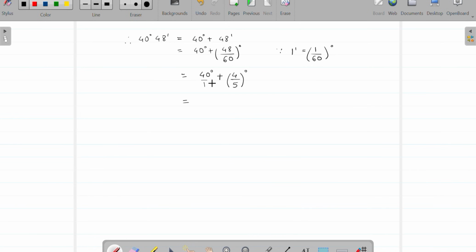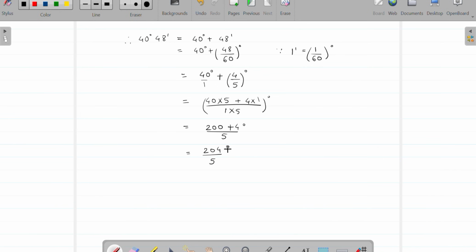Then cross multiply this, we get 40 into 5 plus this 4 into 1 divided by 1 into 5 in degree. 40 5s are 200 plus 4/5 degree, which is equals to